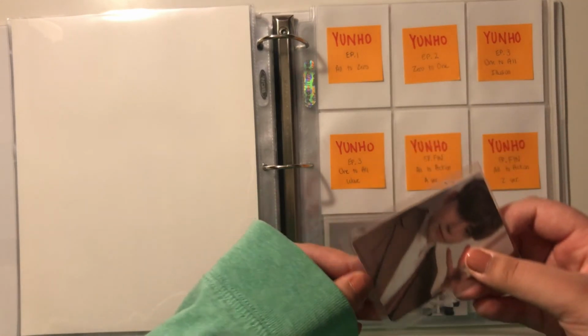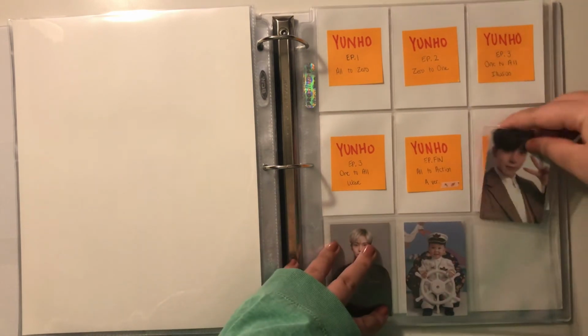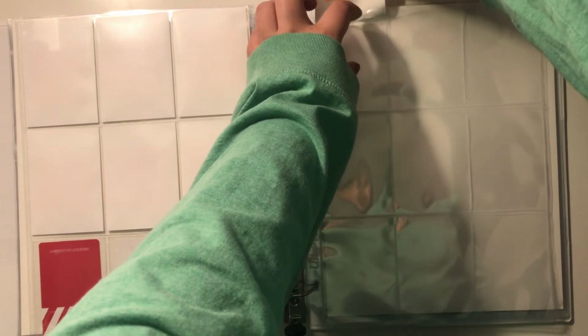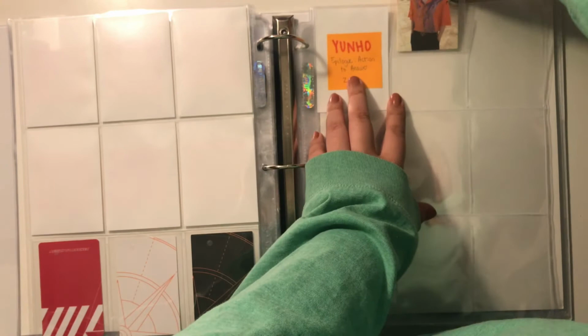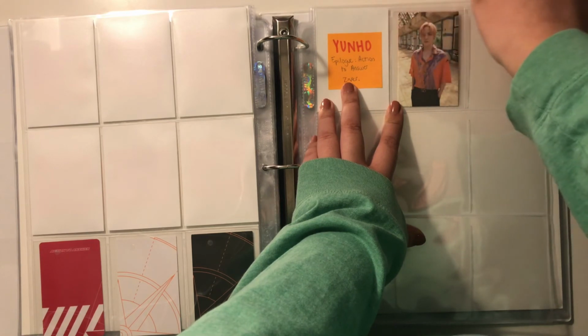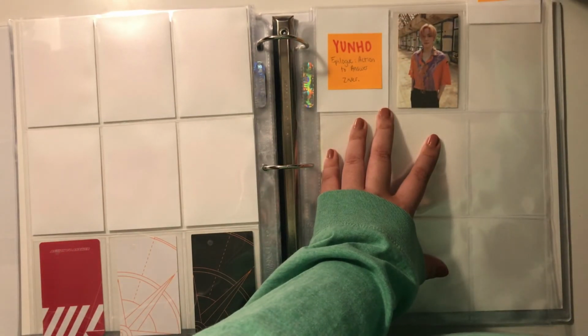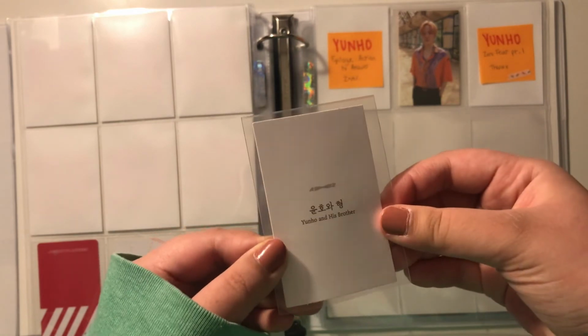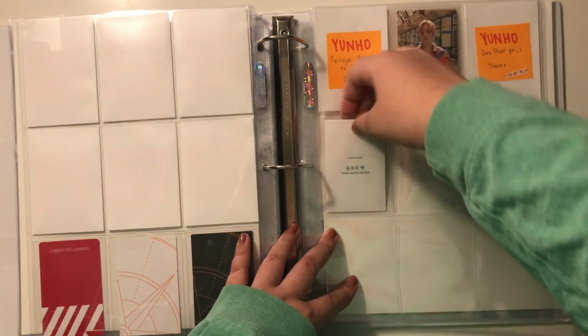His collection looks a little sad, but these little marks mean that I have them coming in the mail. Yeah, I thought about dropping his collection because I was just so focused on Pentagon for the past 3 months. So I got Fever, of course. I got Fever when it came out, and I traded it and everything, and then the annoying thing was that they only gave 1 photo card per album, but he had 2 photo cards, and I'm just like, I can't afford to. And then they gave us this. Like, what is this? I mean, I collected it because I already had it, so might as well trade for it. But yeah,